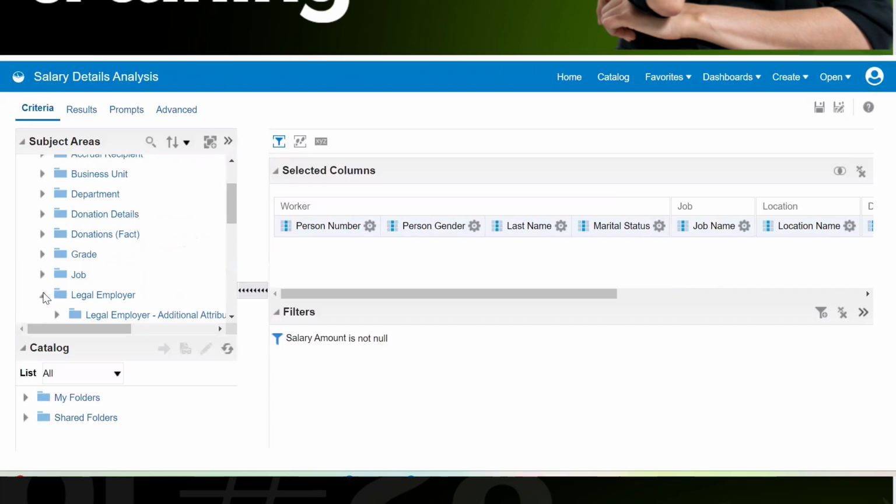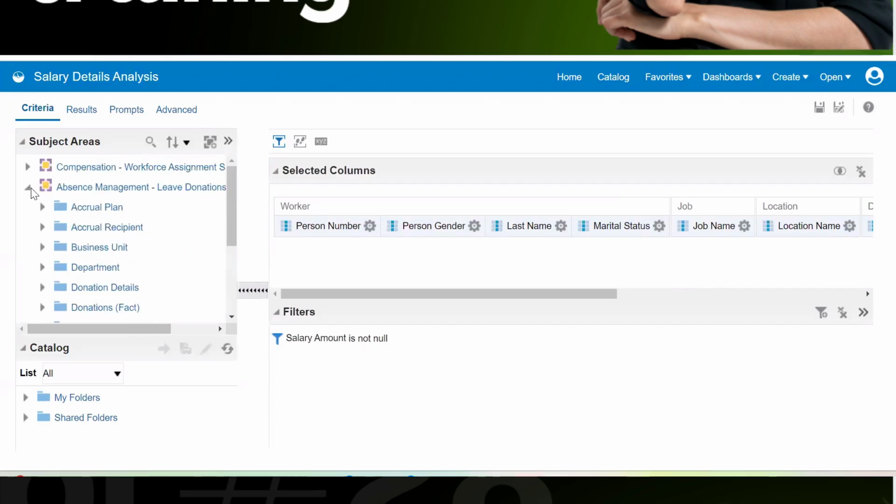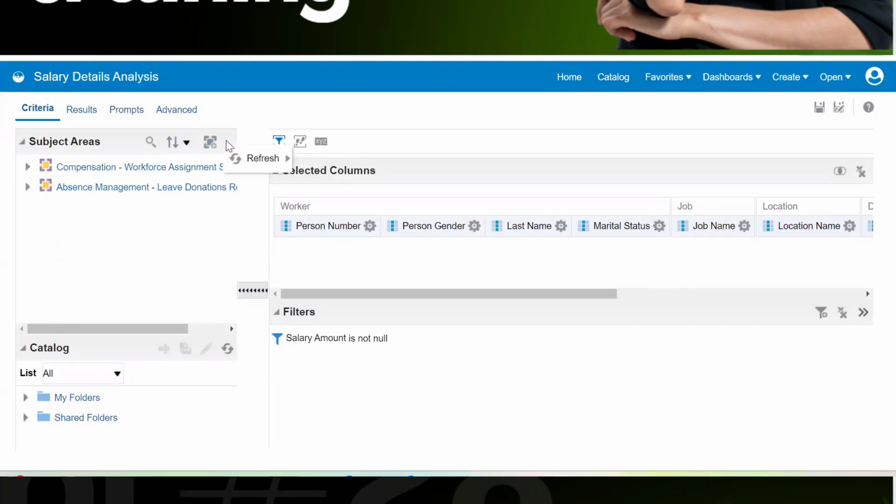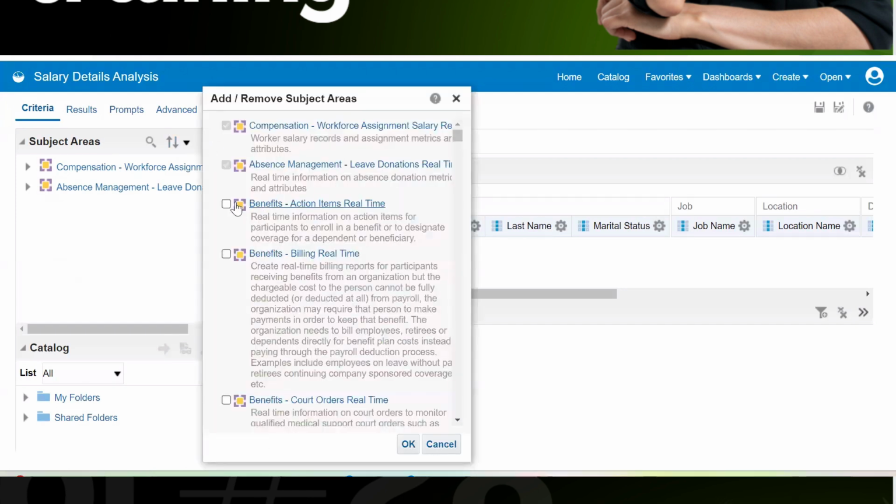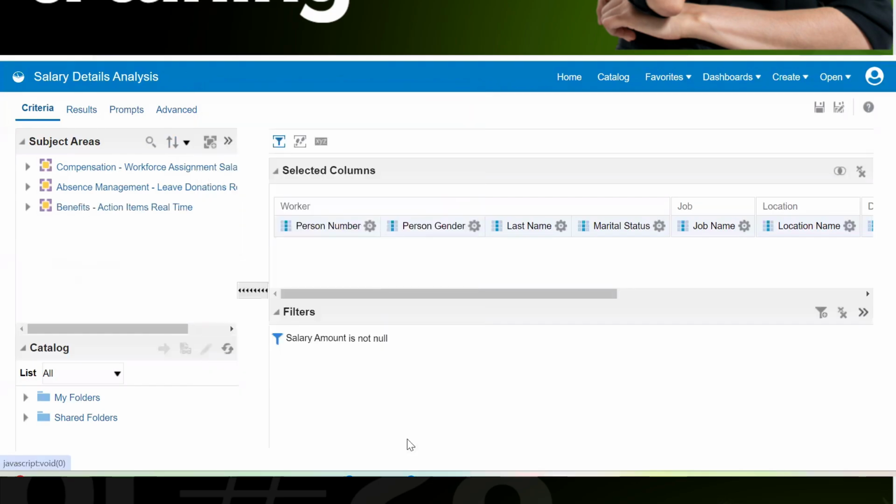Just for your understanding, I am explaining that we can add n number of subject areas. In case you want to add one more subject area, that option is not coming here. Once you have added two subject areas, this icon is not the place, but you can see the subject area has this particular icon, and the same icon appears here with the plus icon. You will click on this and it will again give the provision to add one more subject area.